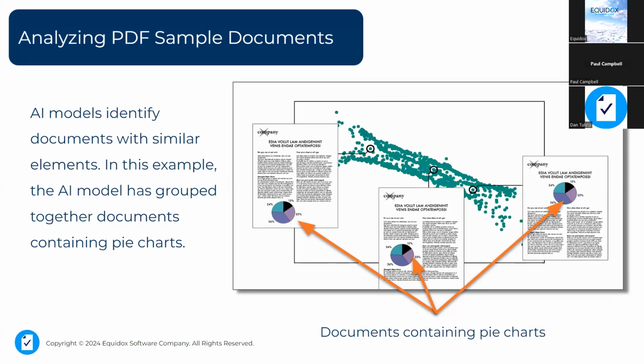Although the mechanics of how AI technology works is rather abstract and more complex than what I'm capable of showing you here in a simple PowerPoint slide, here are a few examples of how we can visualize the AI at work. So, for example, in this scatter plot, each of the green dots represents a page in a PDF. They are grouped together by the AI based on similarities that the computer vision finds. So this cluster will contain all of the pages that contain pie charts, for example.